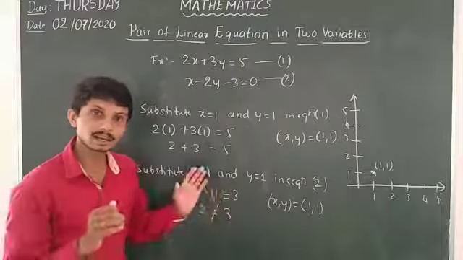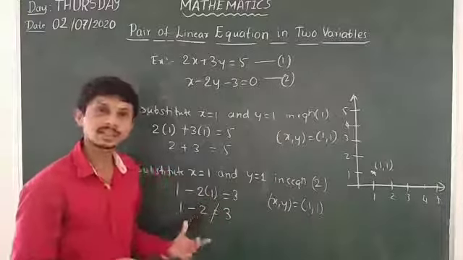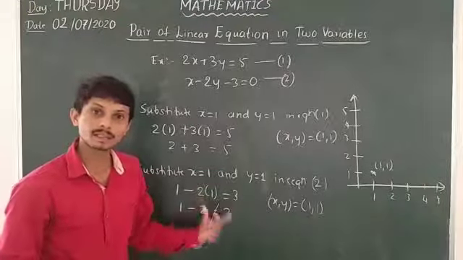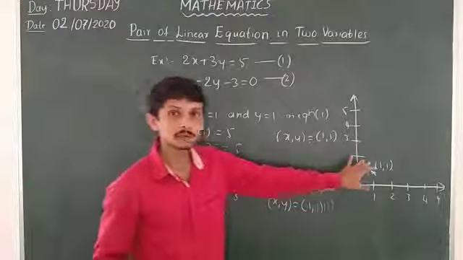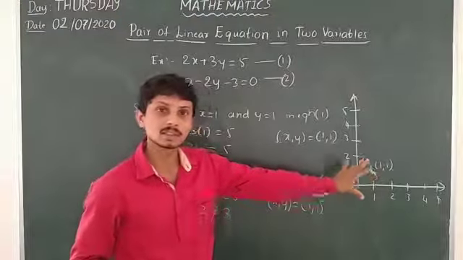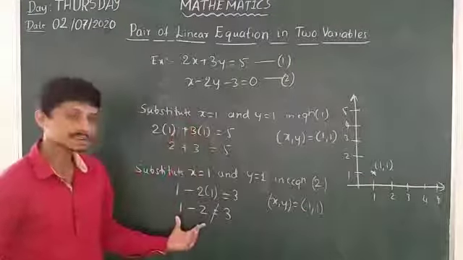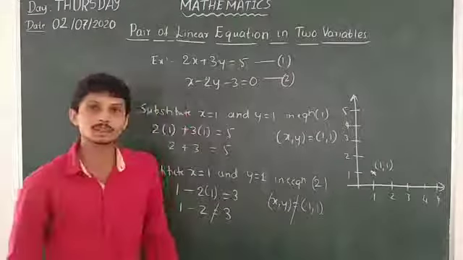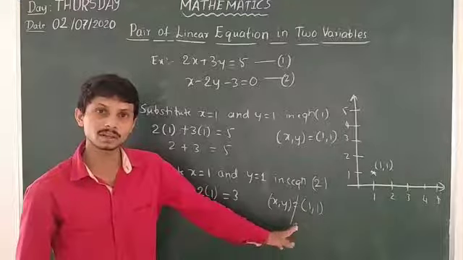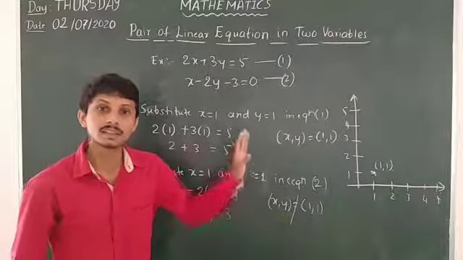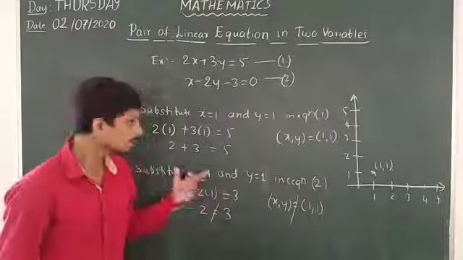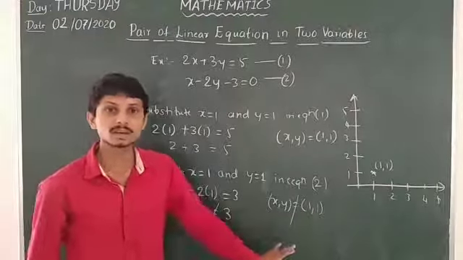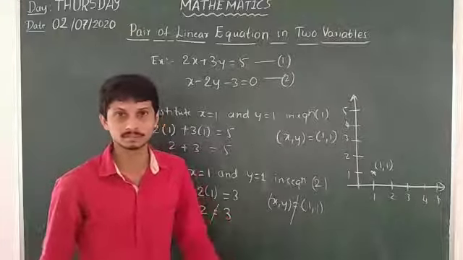So is there any other solution? We have to find it by solving for x and y, and after that we insert it in the coordinate system. Here LHS is not equal to RHS, so 1 comma 1 is not a solution of this equation. The solution of this equation is not x is equal to 1 and y is equal to 1.